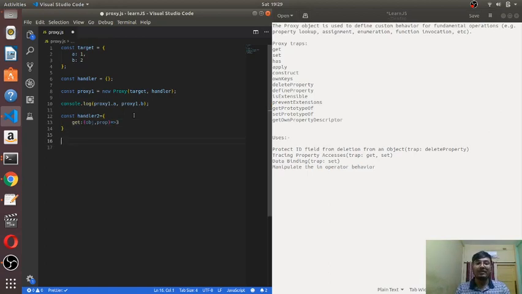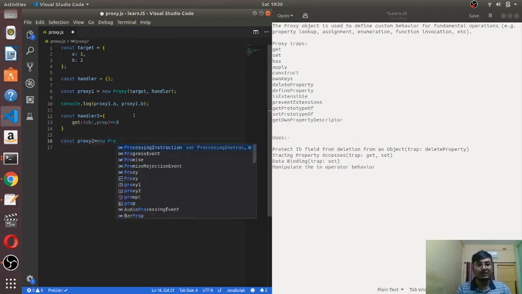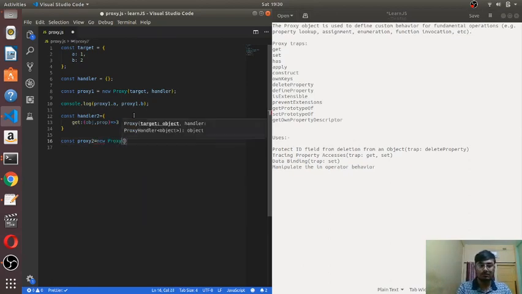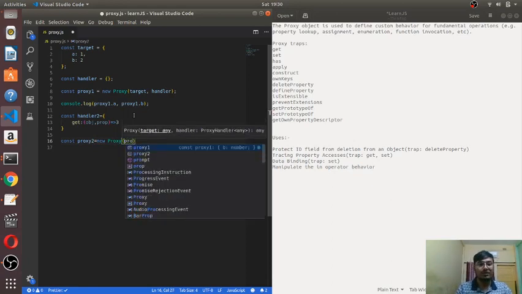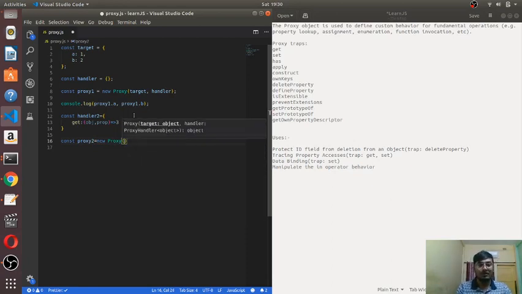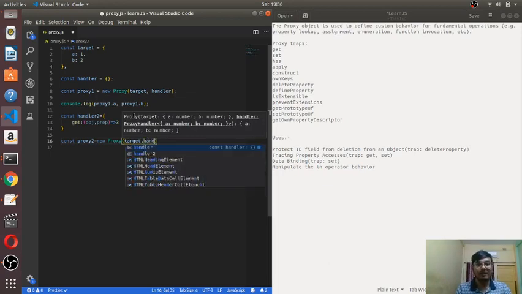By the way, we have not yet applied handler2 on the target object. So we will define a new proxy, const proxy2 equal to new Proxy, target and handler2.